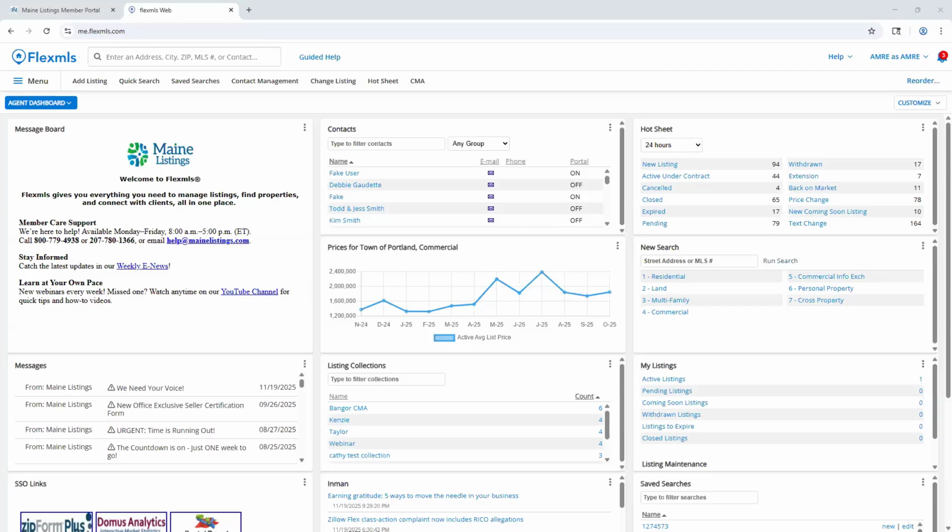So we'll start in FlexMLS looking at the agent dashboard. In the upper right, I currently have one HotSheet gadget. I don't have any criteria selected at the moment, so it is showing me the state of Maine in the last 24 hours. Now you can select specifics for your market area by clicking these three dots,